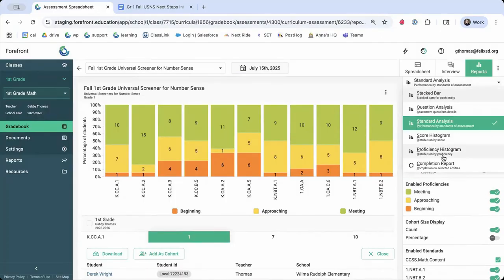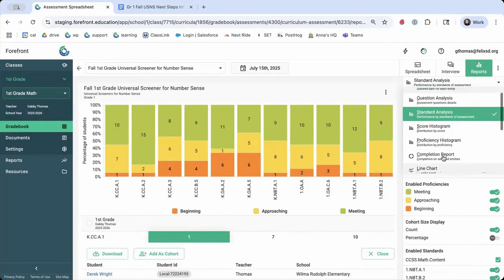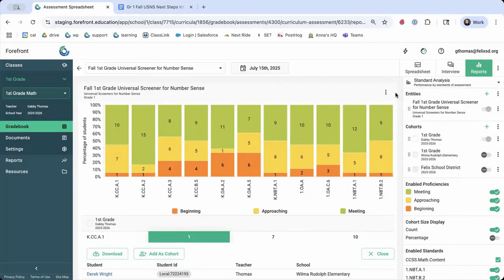There's lots of reports in here that I could talk about for a long time, but this video is supposed to be short. So I'm going to stop here, but really try to drive home the message. Don't be afraid to click around in the reporting suite. It's extremely hard to break things, if not impossible to break things in the reporting suite. And there's lots of ways to look at data. If you're a person who loves to click around and look at data, we have plenty of options for you,